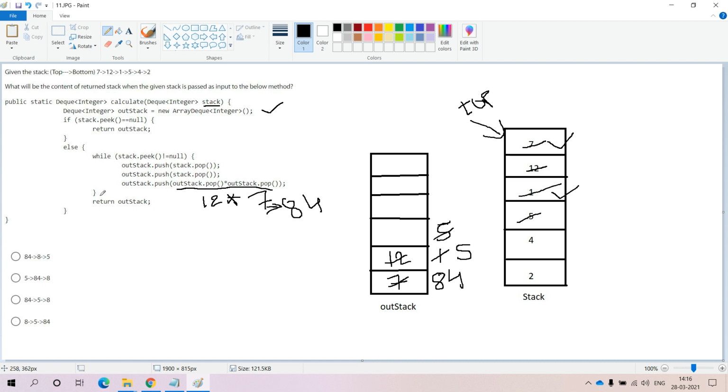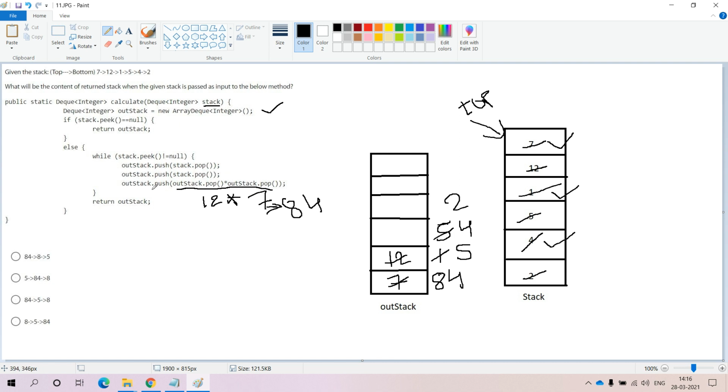Now if we repeat the while loop one more time, within the condition, from the stack, it will pick the next element, that is nothing but 4. 4 is the topmost element in the stack, and it is not null, so we are going to enter the while loop. Within the while loop, we are popping that 4 and pushing it into the output stack. 4 is available here, and the next element that we are popping from the stack is 2, that we are pushing into the output stack.